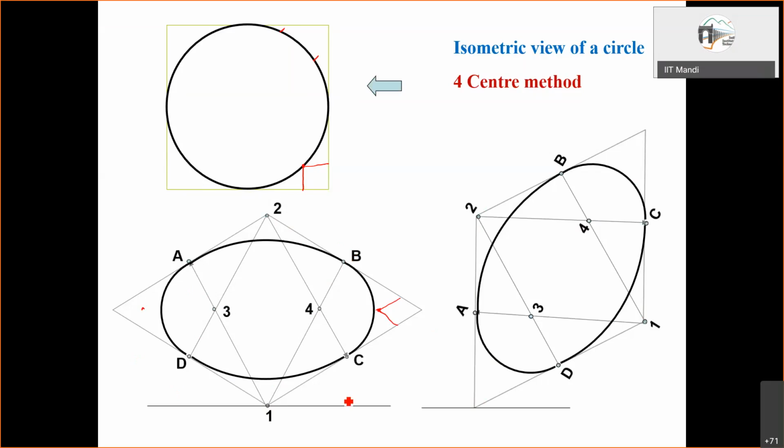But of course, it makes it difficult to draw those. What I'm trying to say is that we locate a number of points, and these then can be located. 1 point here, 1 point here, 1 point here, 1 here. Like this, we will be locating, and then we have to draw it freehand. So that is another method which I skipped.